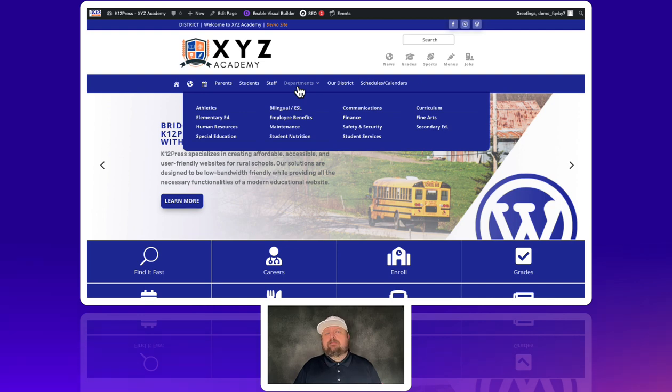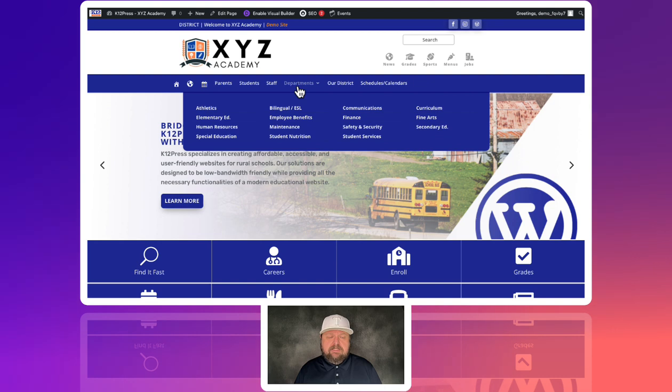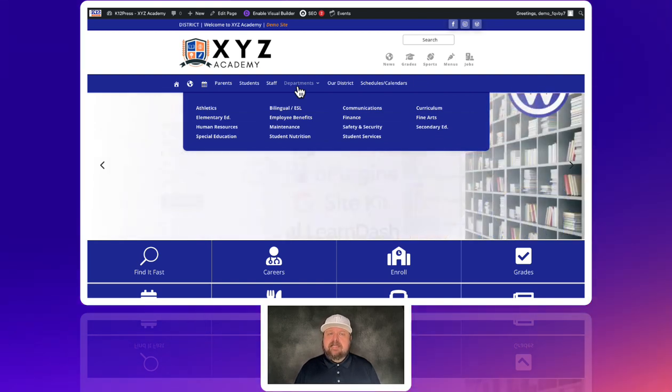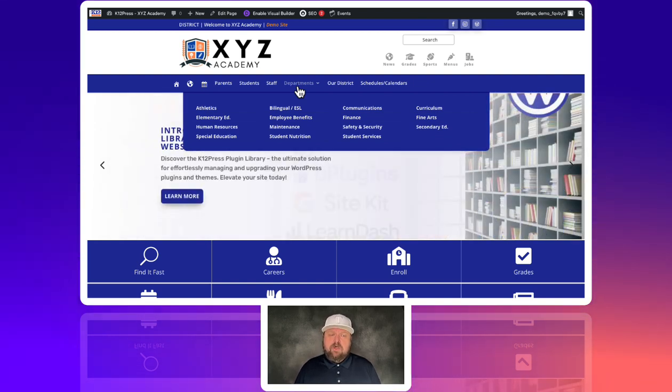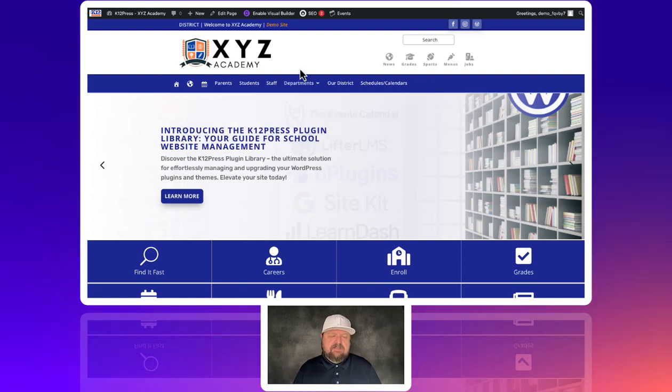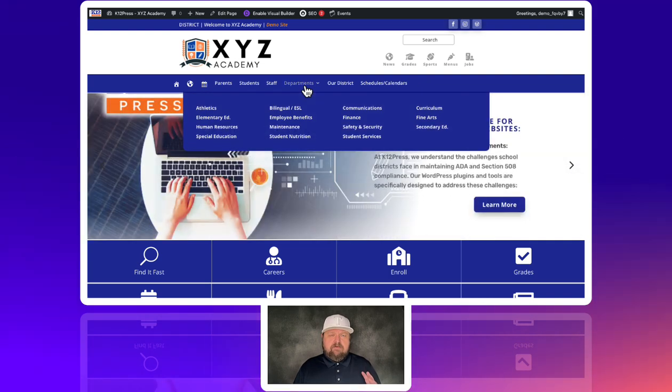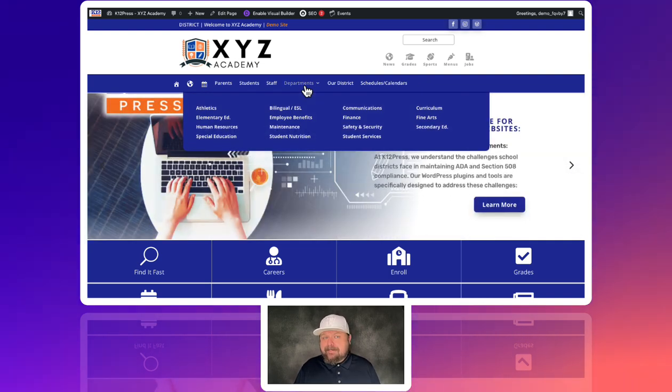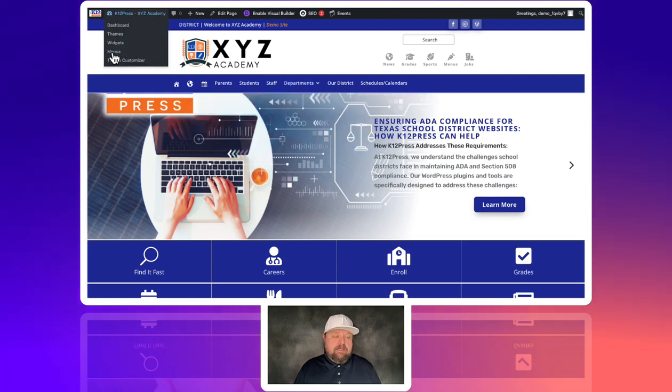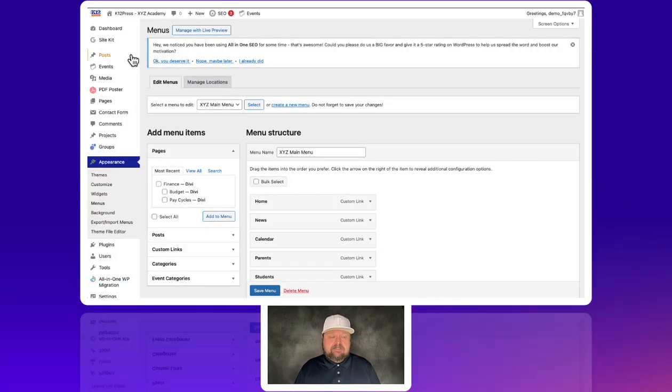Those are a menu package of CSS elements that are available for download at K12Press, or if you've downloaded any themes, they have that code already established, or within the K12Press child theme. So you have the ability to select a few different items of this to be able to show, but for the main important way to access this, you have to go into that menu and you have to just add the simple CSS class